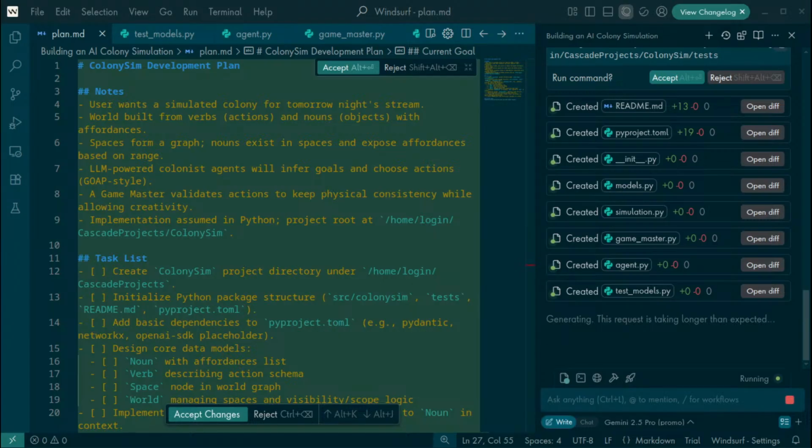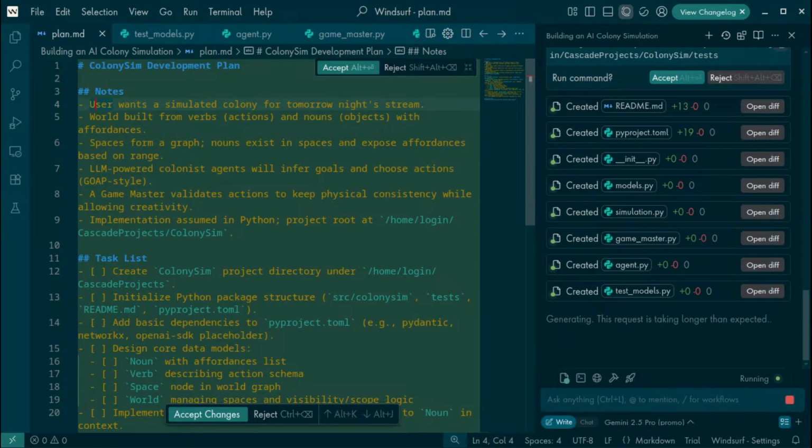Alright, so the idea here is, boy, how do I explain this? It was just something that kind of came to me. First of all, we're experimenting with this code editor called Windsurf, which was recently acquired by OpenAI.